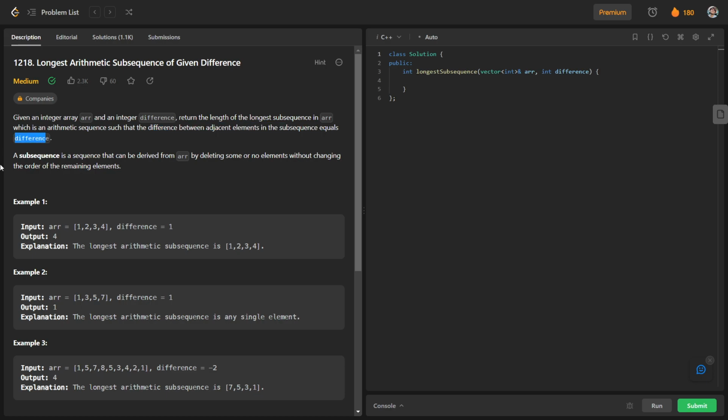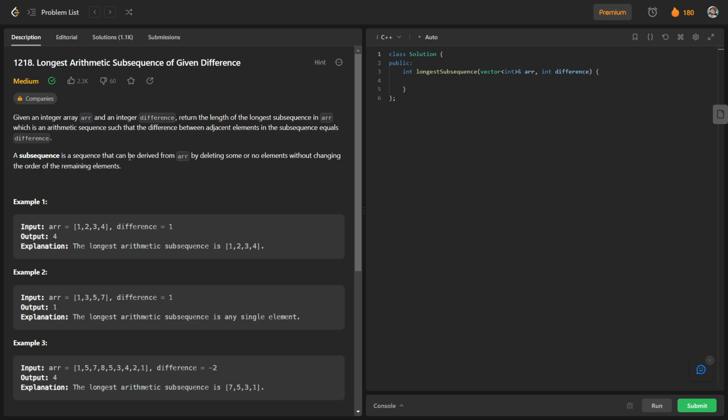So basically, in short, they have given us an array and this integer difference, and what we have to do, we have to return the length of longest subsequence, which is an arithmetic sequence with common difference of difference. So this is going to be our common difference, and we have to return the length of longest subsequence having the common difference.